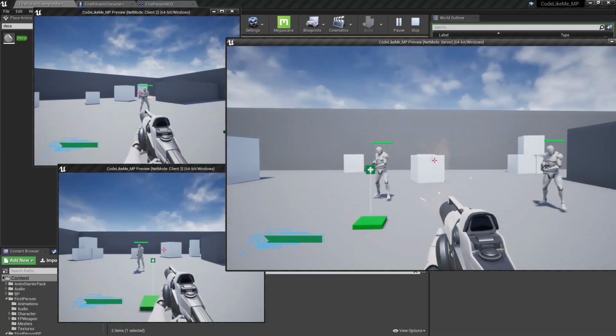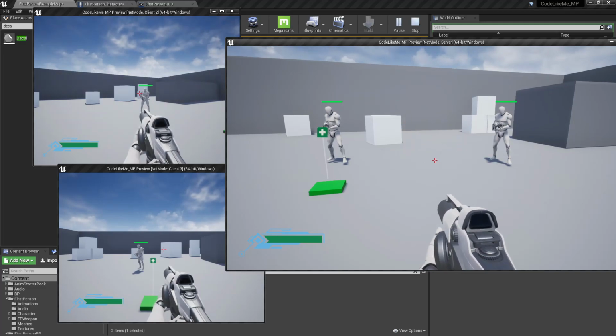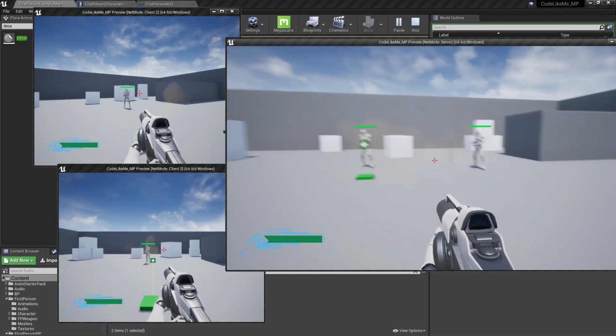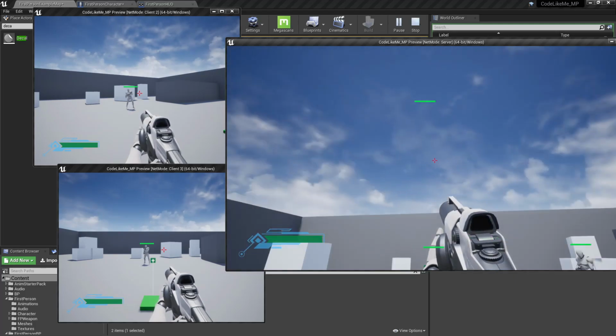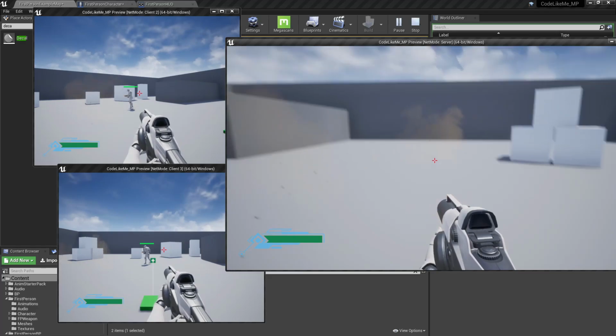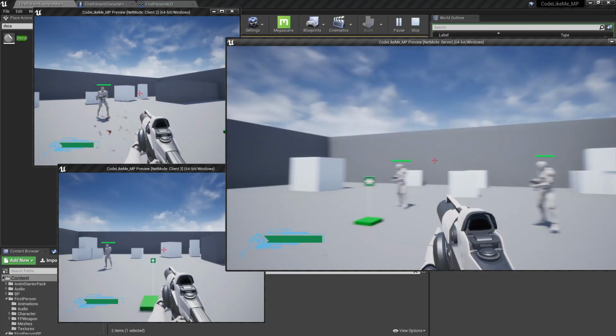Hello everyone, so this is the second part of the Unreal Engine multiplayer line trace based shooting system I'm working on. Last time we worked on replicating the muzzle flash and the sound. Today I'm going to work on replicating the damage and